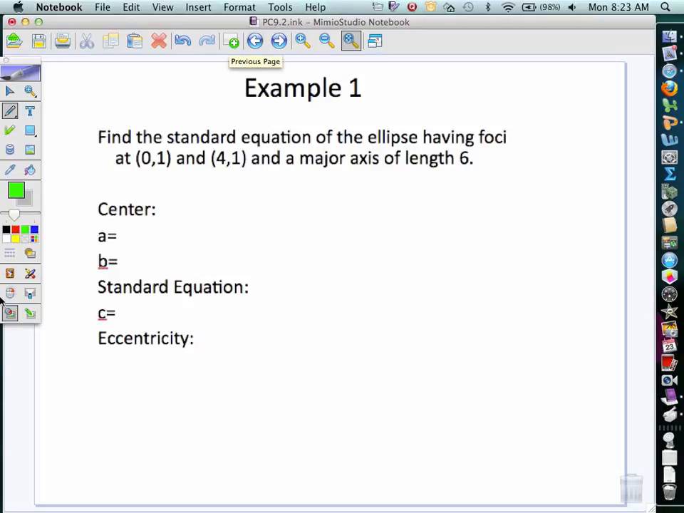All right, here's our first example. A lot of times what we'll do is sketch out what we know and identify some things. Find the standard equation of an ellipse having foci at 0, 1,